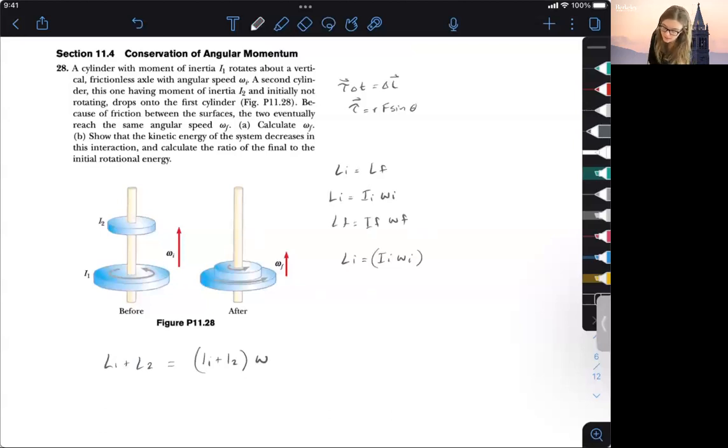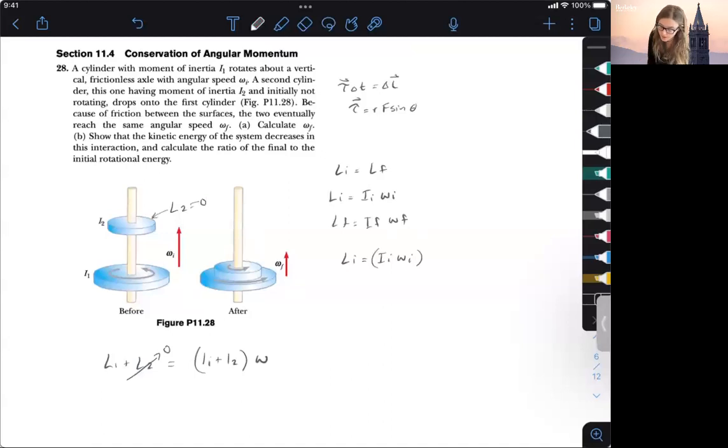Because there we have an inelastic collision here. So we know that the angular momentum of the second disk at the very beginning is 0. It is not spinning at all in the beginning, so we know that L2 is equal to 0 at the beginning, but then at the end they do have some shared